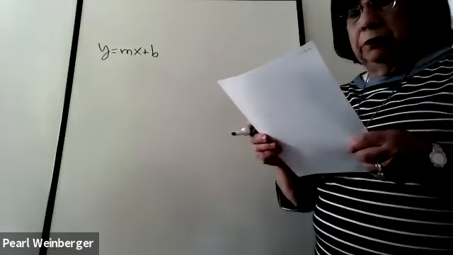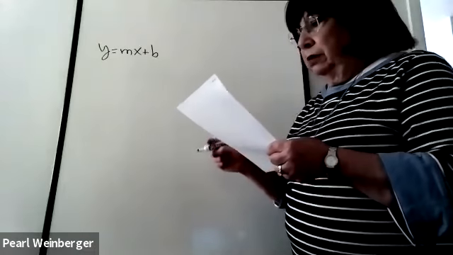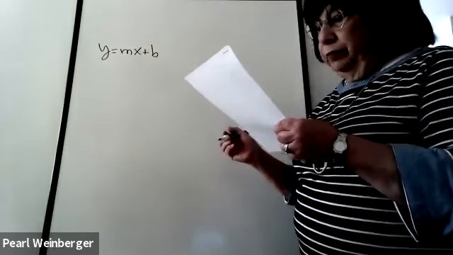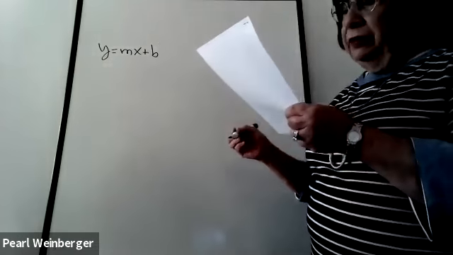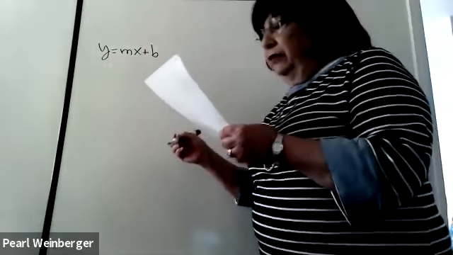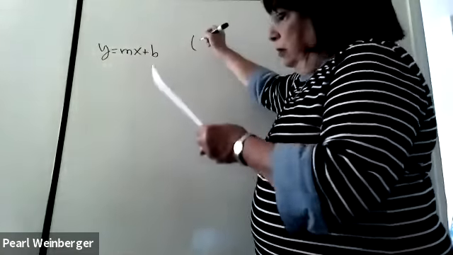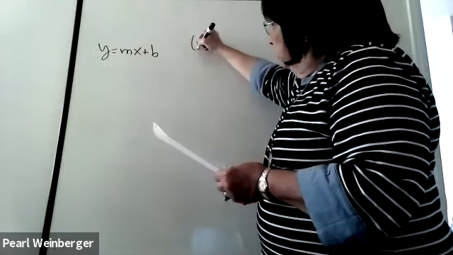This is question number 11 on this exercise practice example sheet 2. It says, write the slope-intercept equation for a line with the given characteristics. It passes through the point 5, -6,